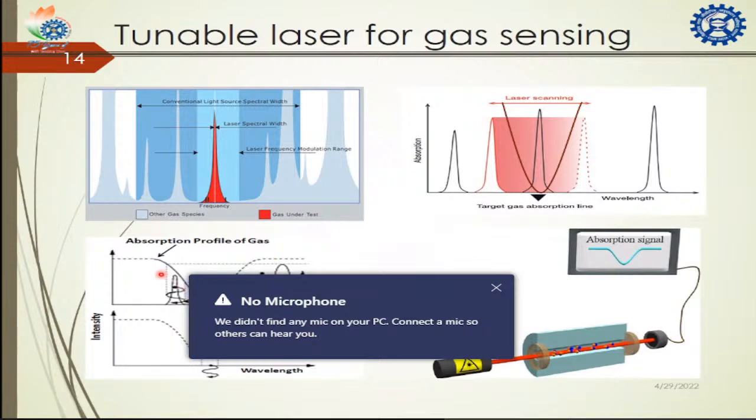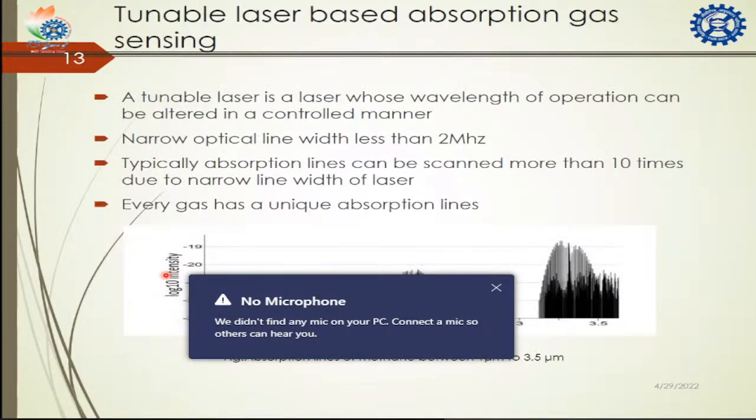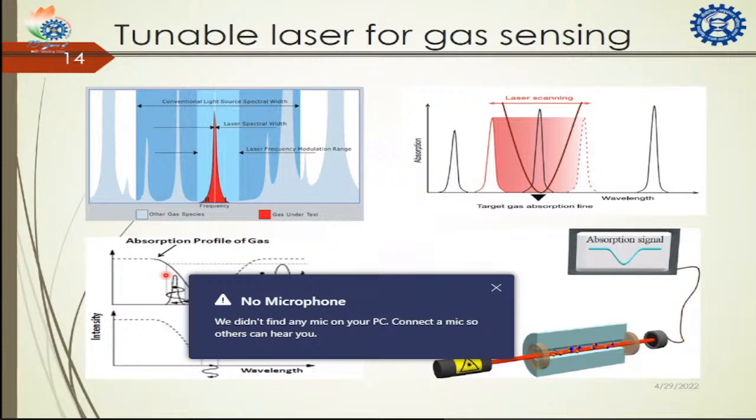And the laser line width is very narrow, as I mentioned in the previous slide, less than 2 megahertz. So what we do is target that absorption line and tune across it by changing the laser wavelength, scanning across this particular absorption profile. When we tune across this, we see, as per the Beer-Lambert law, which I think most of the students have heard about,